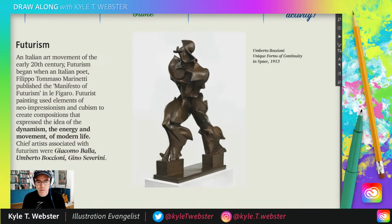And then we're going to move on to Boccioni, this one being a sculpture. And I always think of these sculptural pieces as being more easily identified as the futurist stuff. So this one, Umberto Boccioni, Unique Forms of Continuity in Space. Interesting title. But you can just see here, again, this is figurative, but there's almost a sort of, I don't have to say machine-like quality, but there's the idea that this is a machined structure, or form, rather, machined form. The way that every piece of it is considered with these certain flowing shapes that are then interrupted by more angular sort of